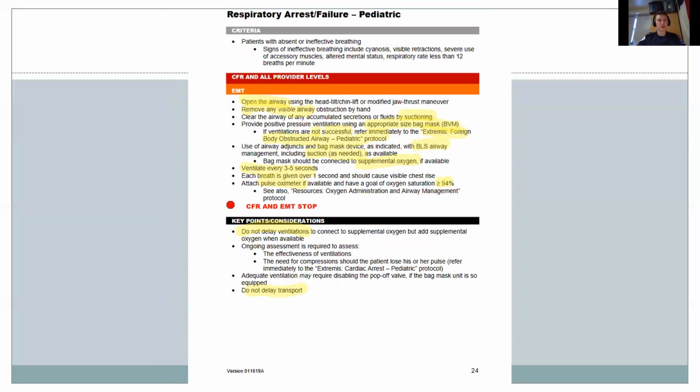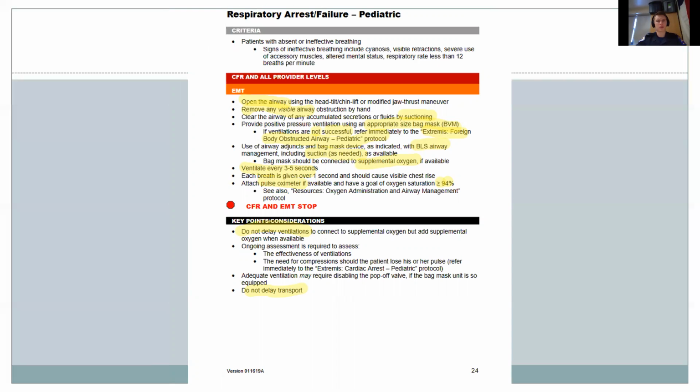So for pediatric, same general process. Initially head tilt chin lift, suction, and remove any obstructions all the way down. Same process all the way down to ventilate, except for a pediatric patient, you ventilate every 3 to 5 seconds rather than 5 to 6. And then also